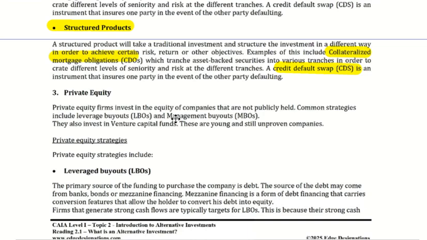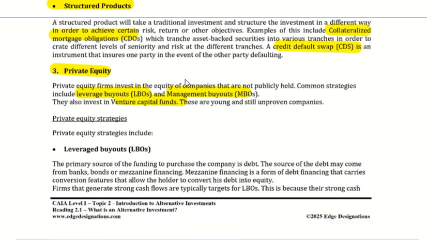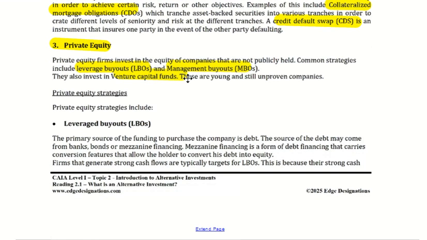You've got private equity as well as a separate alternative asset investment class, things like buyout companies, leverage buyouts, LBOs, MBOs, management buyouts. We've got venture capital as well. We'll talk about all of those as we go. A brief look at some of those. Private equity strategies are generally leverage buyouts. When you look at the word leverage, it means they make use of extensive amounts of debt in order to make their purchases.